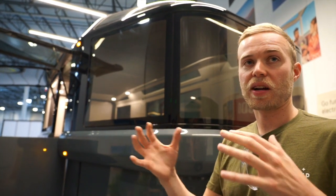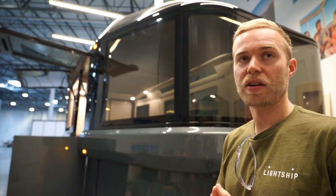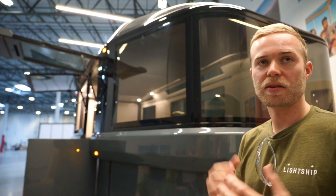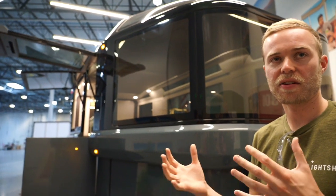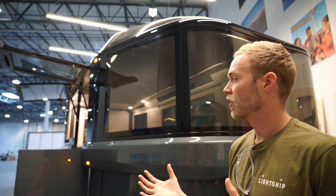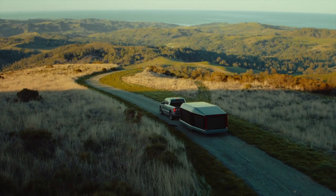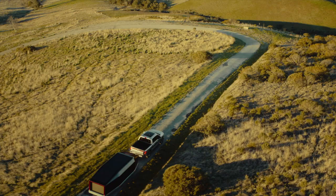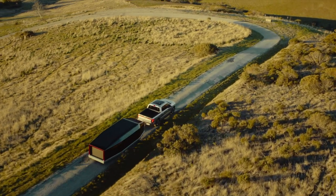You have to think about a couple of different specs of the tow vehicle to make sure that it's capable of pulling a big load. The payload capacity and the towing capacity are the two main things to think about. So you want to make sure that you have a tow vehicle, which would be a full-size truck or a full-size SUV, so at least a half-ton vehicle that can support the weight of the trailer,